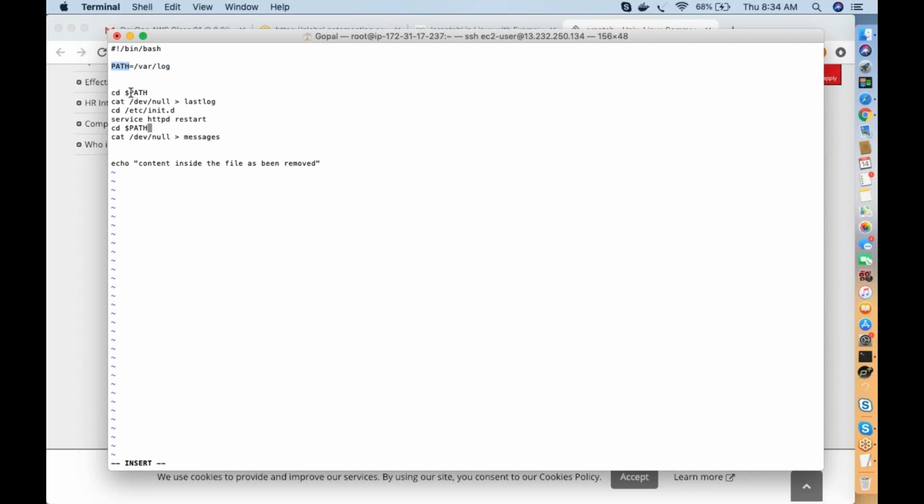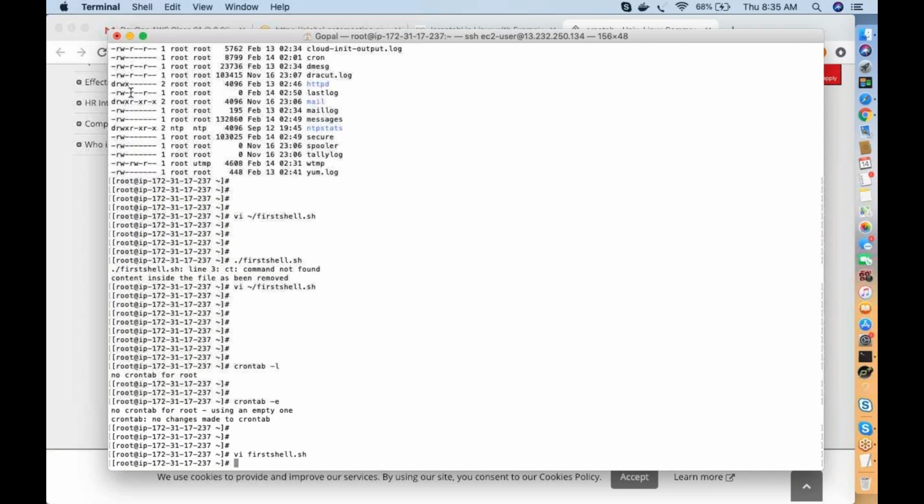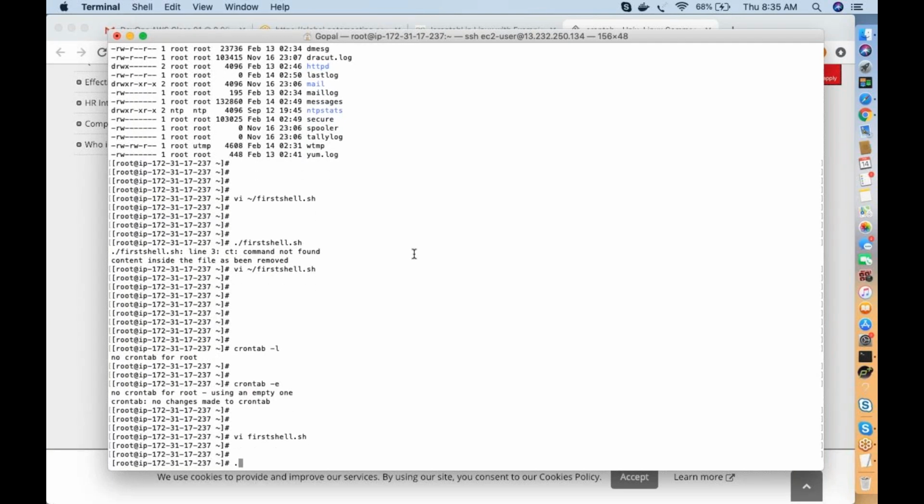To read a variable, it should be a dollar sign followed by your variable name. The variable name can be anything. Like this you can define the paths of your files inside the server. Now I will save this file and execute the first.sh file.